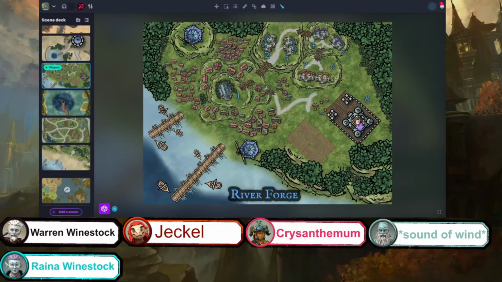You've explored pretty much every other crypt and tomb that you can find, trying to find ancient old world knowledge, maybe some explanation.